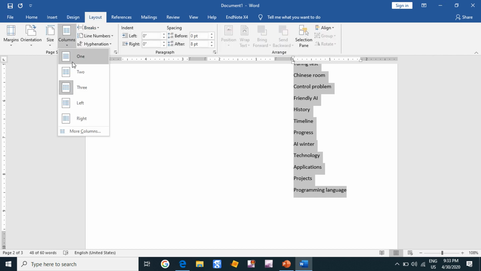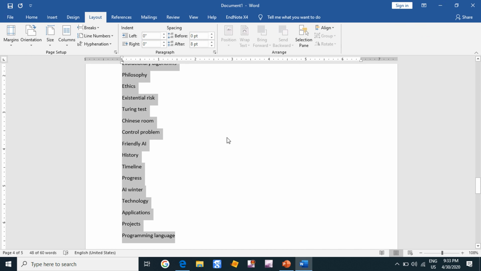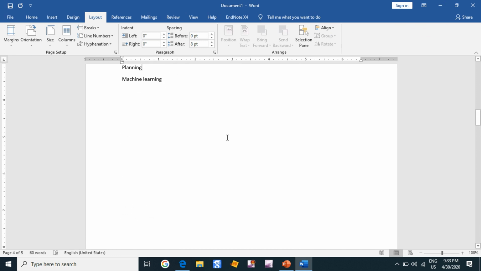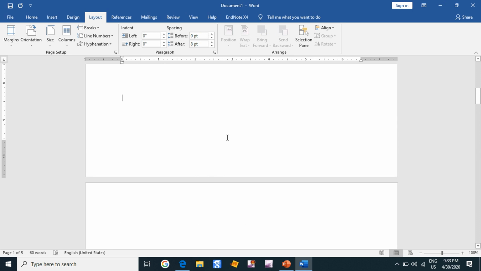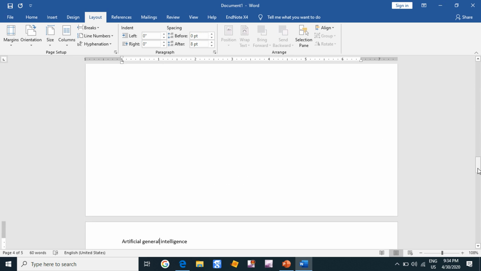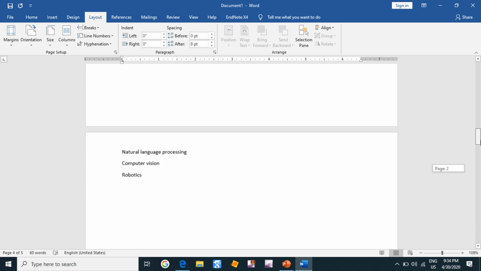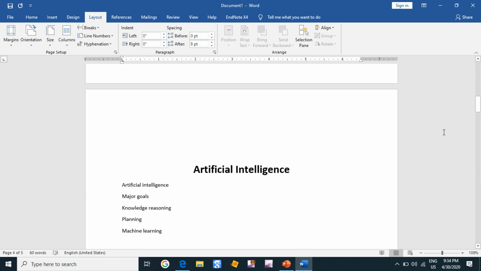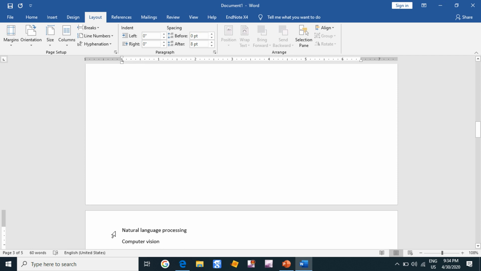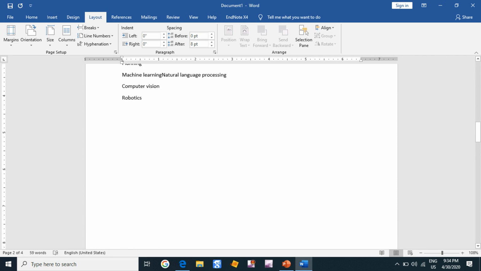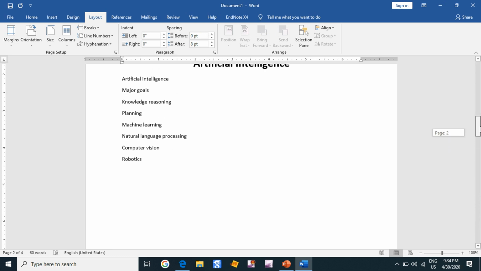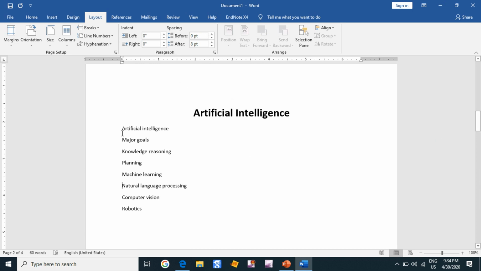Columns can help to give your text a more interesting and professional look, because we are going to occupy the free space at the side of our document, and you can read the text more easily when it is arranged in columns, because the lines of the columns are smaller, so we'll read in small lines and it will make the reading process easier.